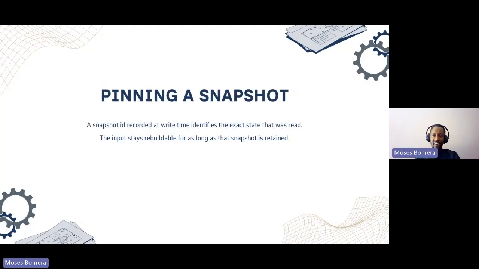All right, we have talked about that. So when data is written, the equivalent of a commit here is a snapshot. That snapshot tracks the state of the table at that particular point in time. As we'll see later on, these snapshots, as they grow, can also become an issue, so you need some kind of maintenance around them. But ideally, as long as you need to remember something, you keep a snapshot of it.